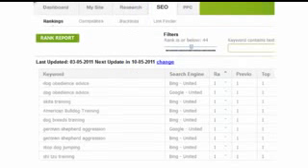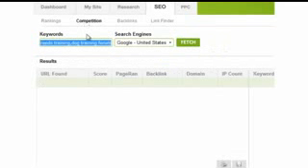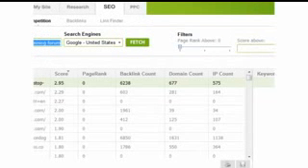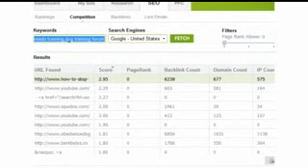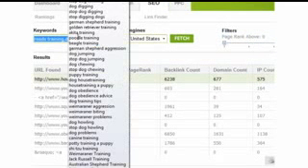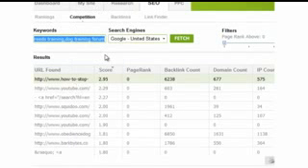Okay, so it's really helpful, and there's a lot more. You can research your competition just by entering a bunch of keywords in the box here and clicking fetch. Bear in mind that I've only put in about 40 or 50 keywords. I could have put in like 800 keywords, it just would have taken longer to process. But what you can see when you put in a bunch of keywords is